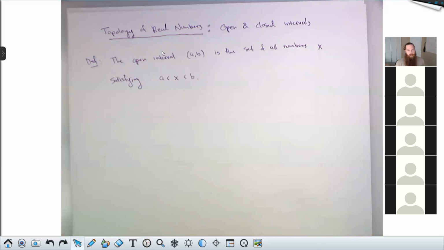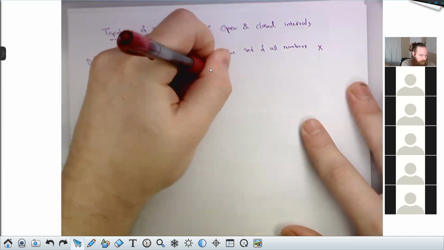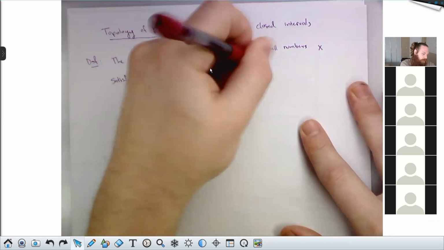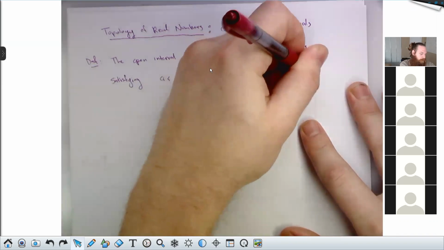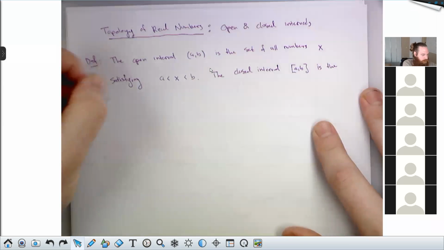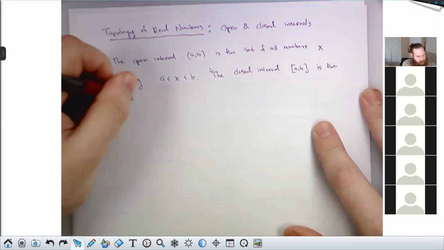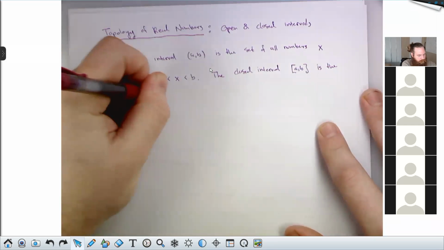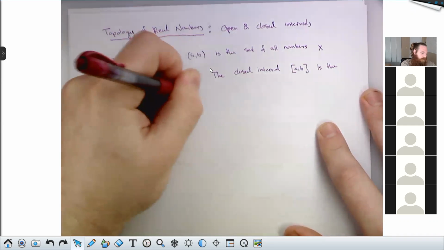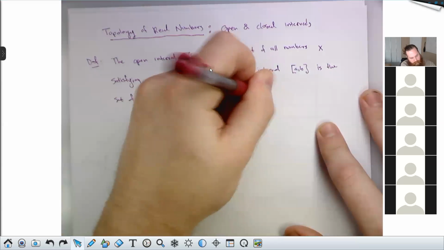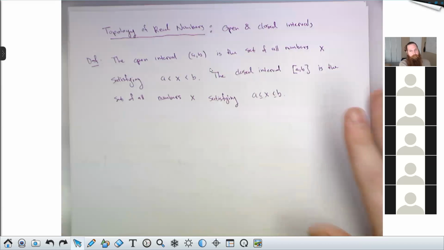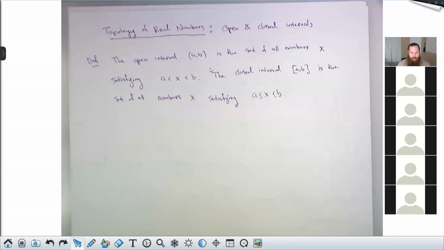As long as a is smaller than b, every open interval contains infinitely many real numbers. And the closed interval [a, b] is the set of all numbers x satisfying a ≤ x ≤ b. These should, of course, be familiar concepts.